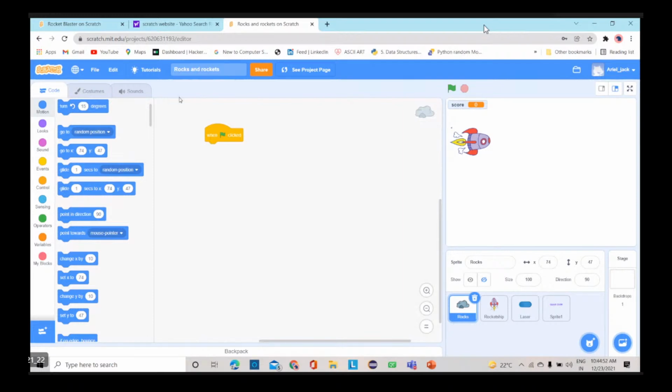Now for our rocks, I'll again set some size, maybe 50. Yes. So you can see this is the size of our rocks, and if I lower it, it will become smaller, but I'll keep it 50 as well. You can see the change in its size. Then